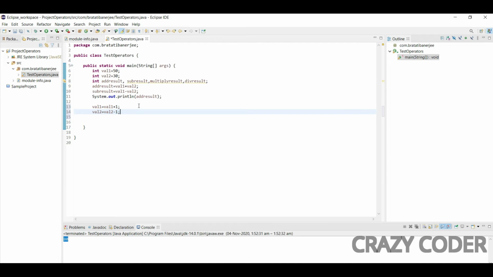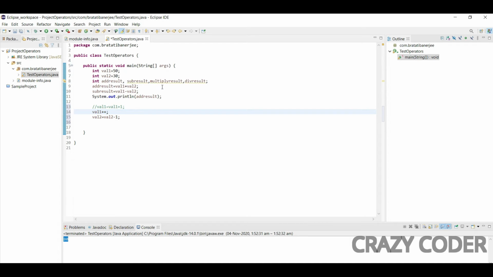But with a unary operator, if you are incrementing or decrementing a particular number by 1, you don't need to mention the operand repeatedly. So we can comment this line and instead write val1 plus plus.